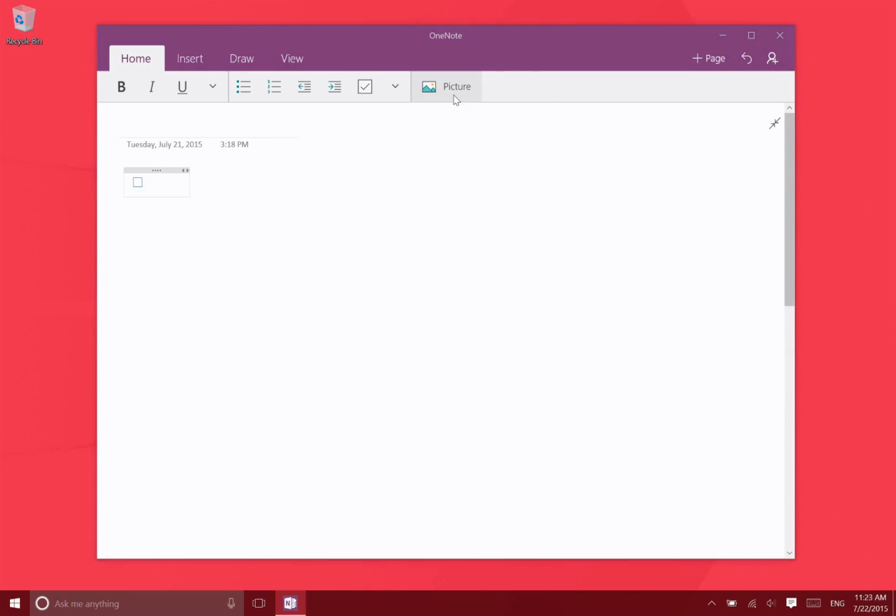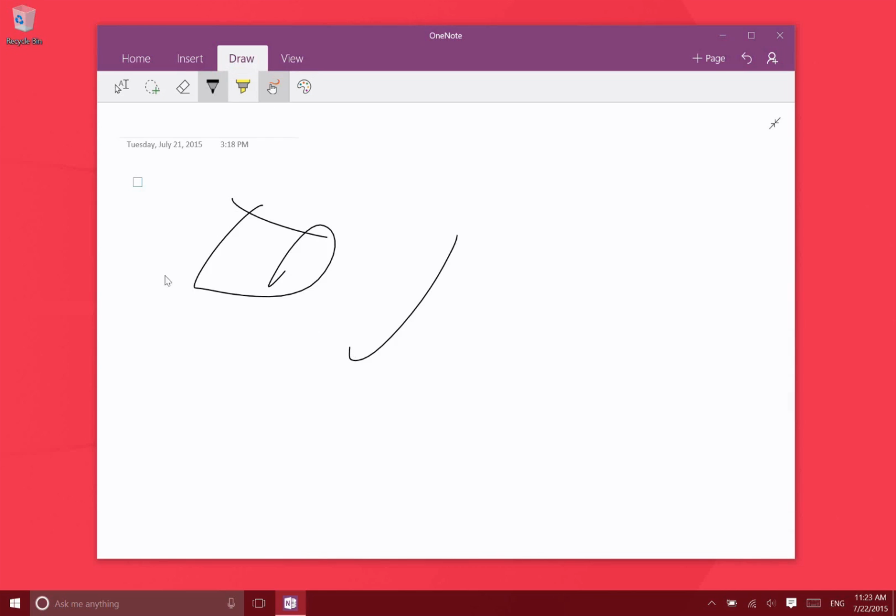And then here you can easily insert a picture or another type of file. You can do that from here as well. And there's a drawing mode. If you have a device like the Surface 3 or Surface Pro 3 that has a stylus, you can obviously draw with ease,